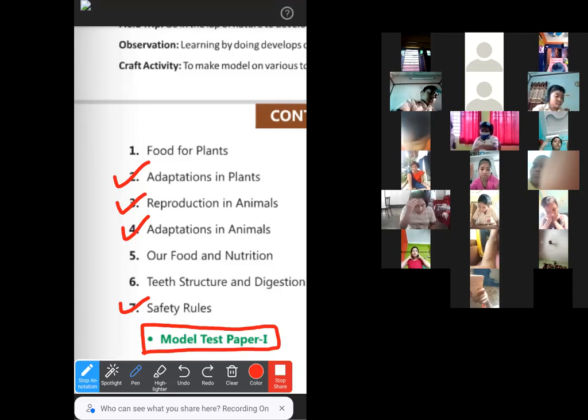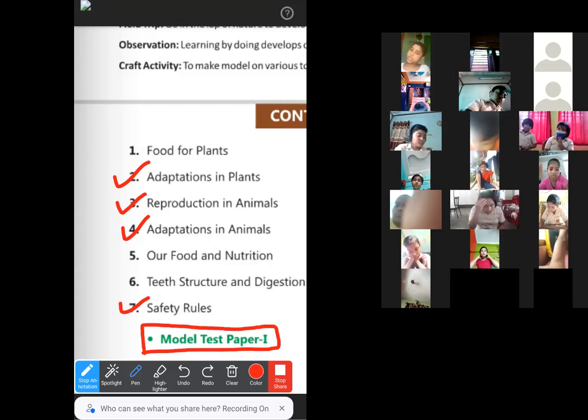Not the other questions, only of model test paper 1, as you have already completed it. So the syllabus for the SA1 exam is chapter 2, 3, 4, and 7, and model test paper. I have noted.